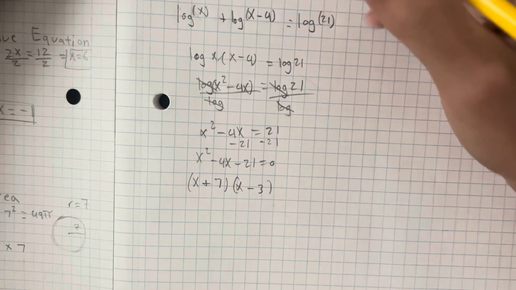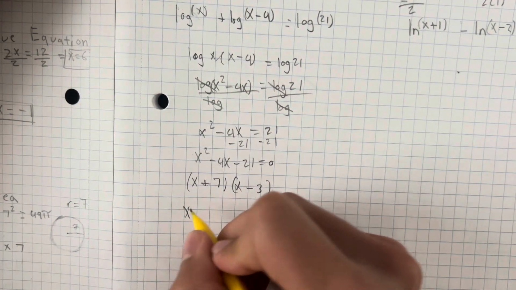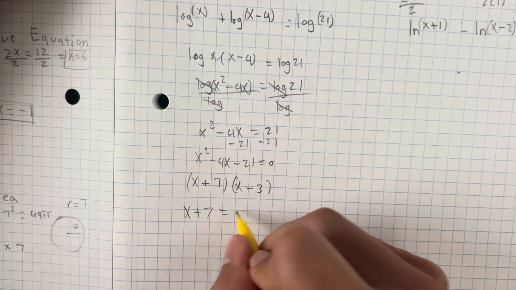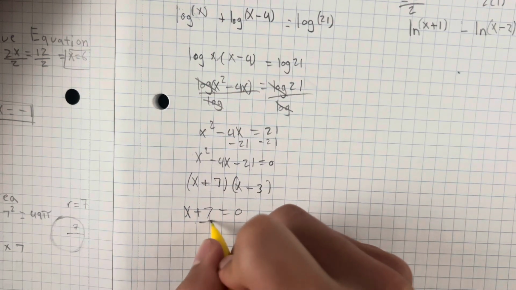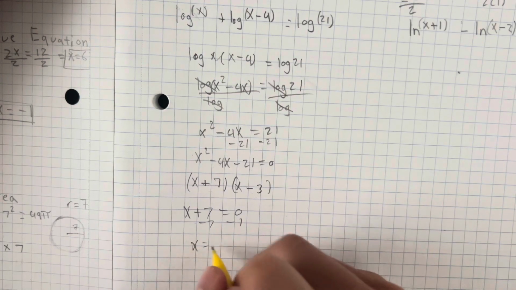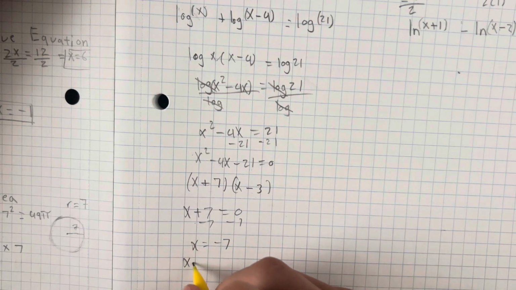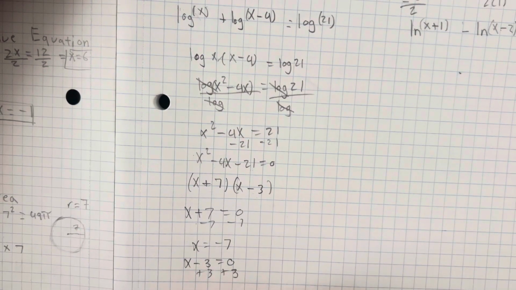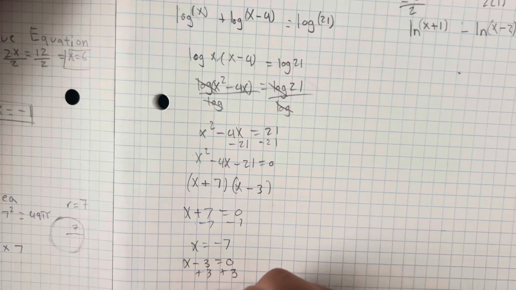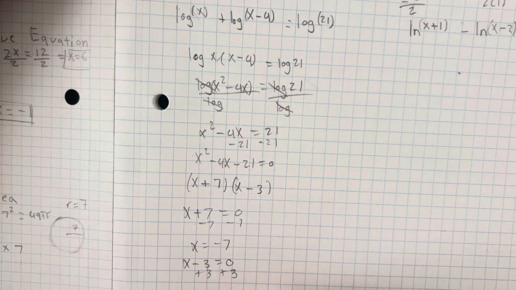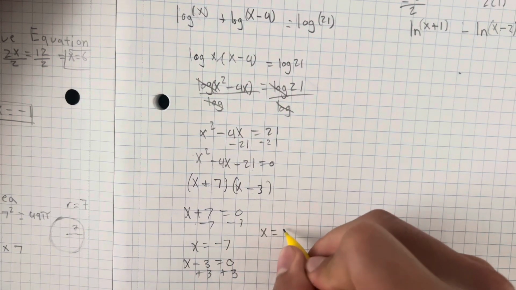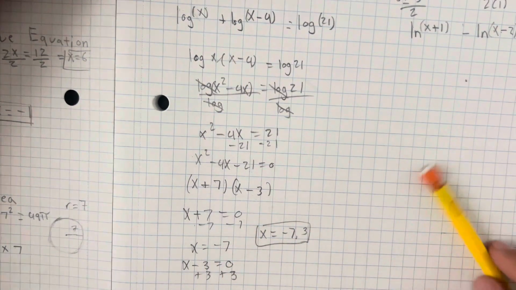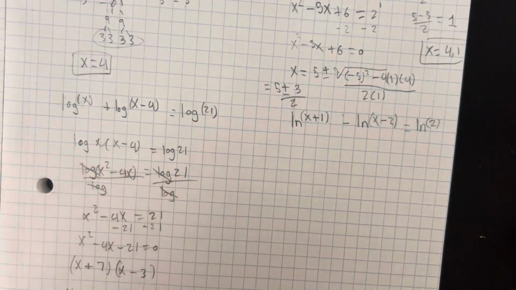So then we finally solve for the x, where we set each part of the parentheses equal to 0. x plus 7, minus 7 on both sides, x equals negative 7. And then x minus 3 equals 0, plus 3 plus 3, and x equals 3. And then, so our final answer is x equals negative 7 comma 3. That's our answer. And then finally, for our final problem,